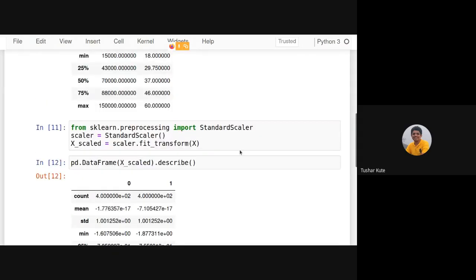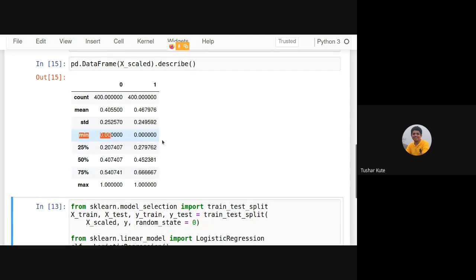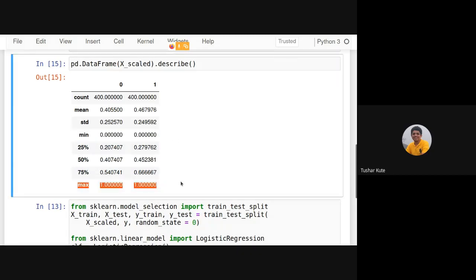And another is called normalization, which is min max scaler. That's what it does. Now see, what min max scaler does: it has scaled down both of these columns without changing the relationship, with minimum value 0 and maximum 1.